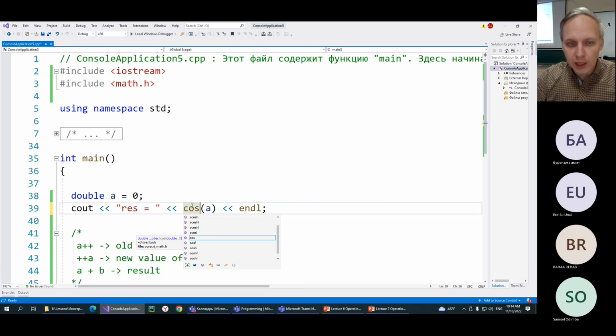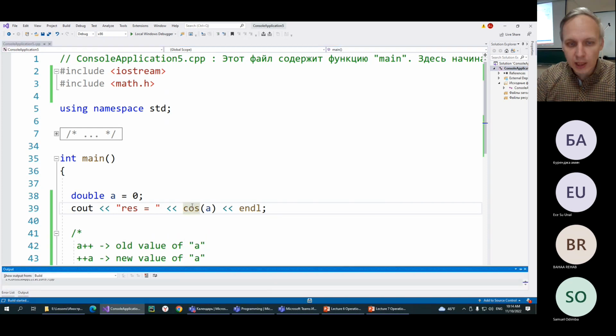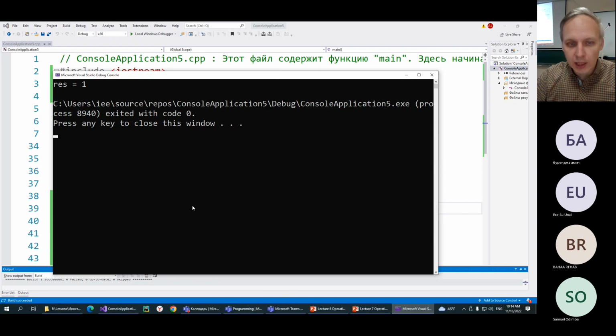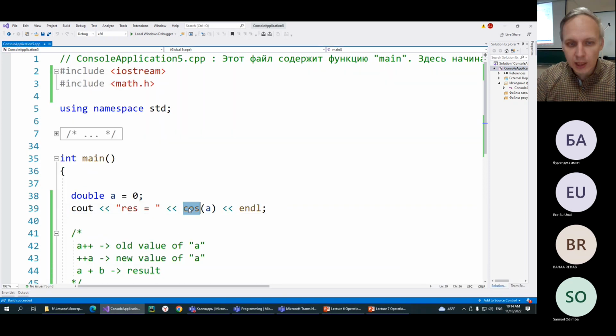Cosine 0 is 1. But sine 0 is 0. And in one of the previous lessons we